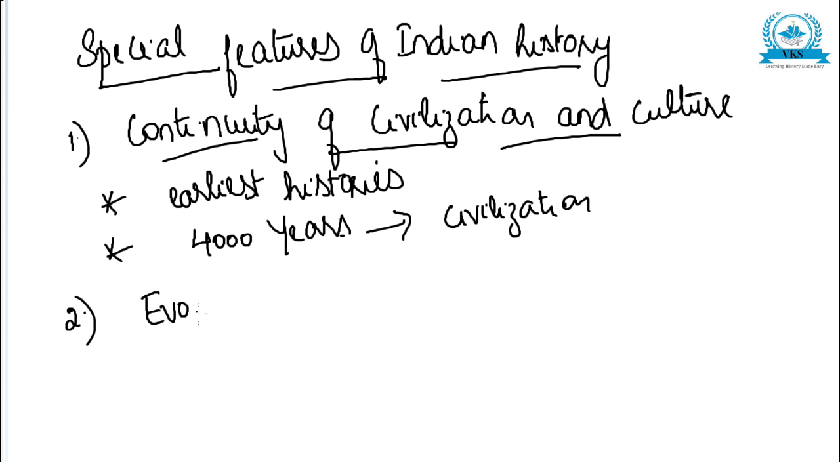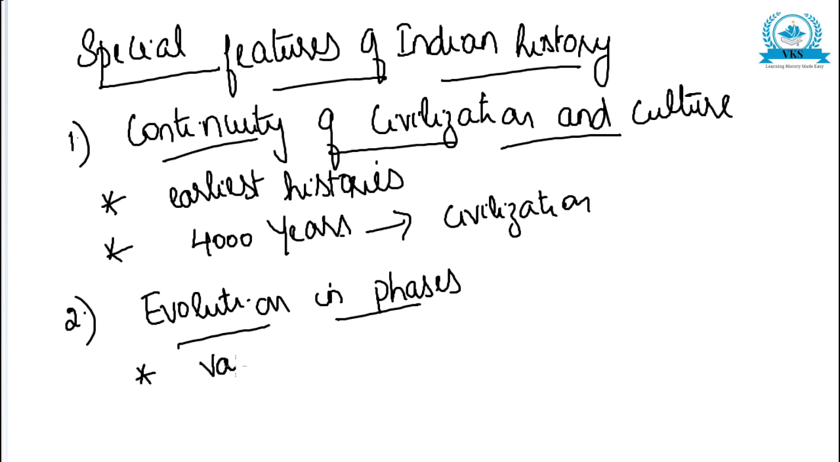The second point is evolution in phases. For the second point you write it, underline it, and then explain. Indian civilization has developed in various stages; stage by stage development was a special feature of Indian history. There is a chain of events from the Indus civilization